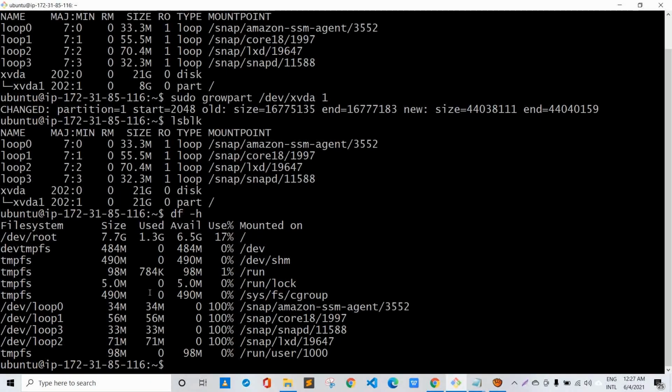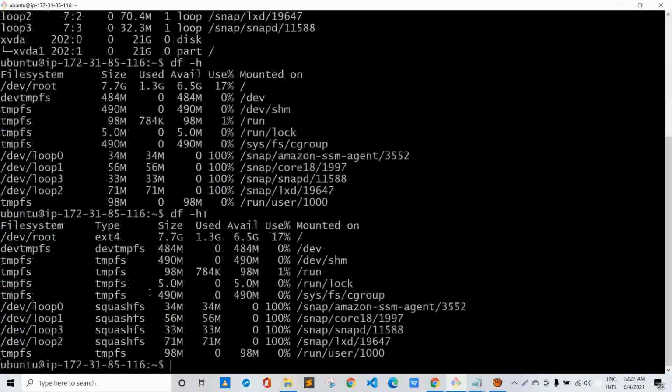So let's say df -hT, T means file system type. If we see over here, the device root is of ext4 type, that is the file system type. ext4 is a file system type related to Ubuntu operating systems. And if we look at Linux based operating systems, their file system is xfs. So the commands are a little bit different between those two file systems.